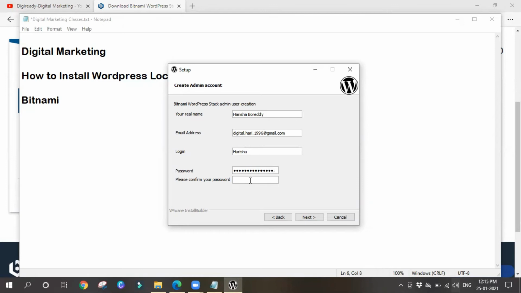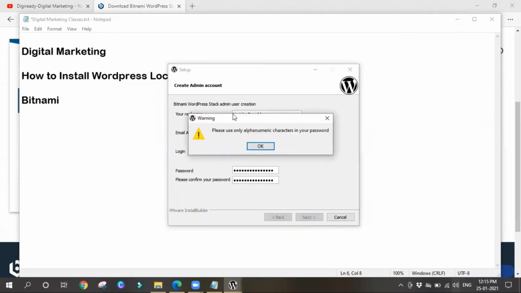Even at the time of creation of the password, you have to follow some rules, like it must contain alphanumeric characters. Based on that, please set up your password. Yes, please use only alphanumeric characters in your password.